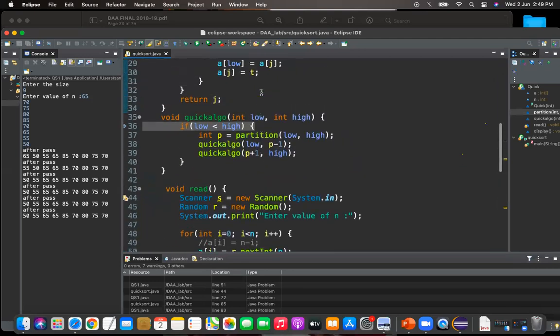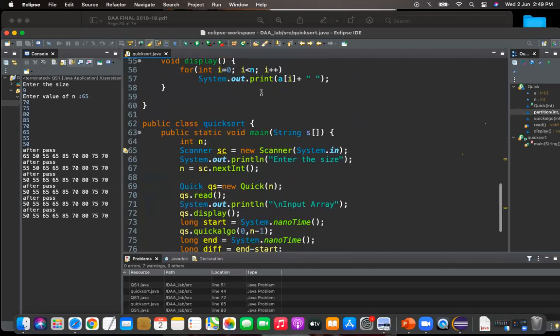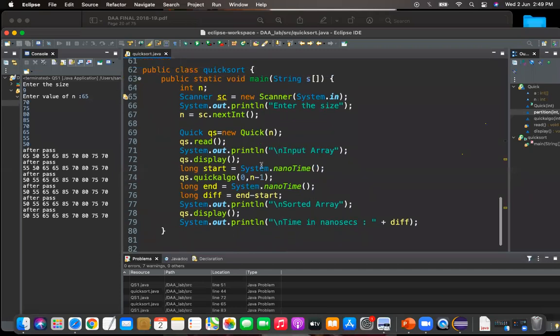So it will be easy for you people also to remember the program, because if you observe the program, everything is almost similar. The way we are calling the function, creating the objects, defining the classes, almost everything we have kept the same itself. So main, you all know program execution begins from the main. Scanner, why you need scanner, you know. First thing is enter the size, it will ask for the n value.